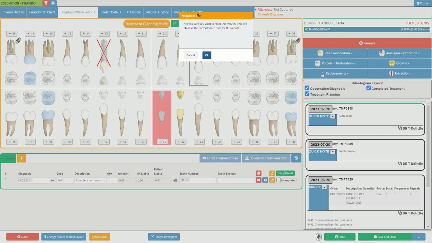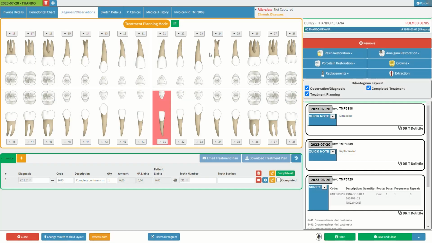An attention pop-up will appear asking the user whether he is sure about resetting the mouth and clearing all current tooth data. Click on the Cancel button to return to the diagnosis observation screen without resetting the mouth. Click on the OK button to reset the mouth data and return to the diagnosis observation screen. To initiate integration with the specialized software of the practitioner such as an X-ray machine, click on the External Program button. Click on the Mic button to enable the voice recognition function, which can be used to perform various actions